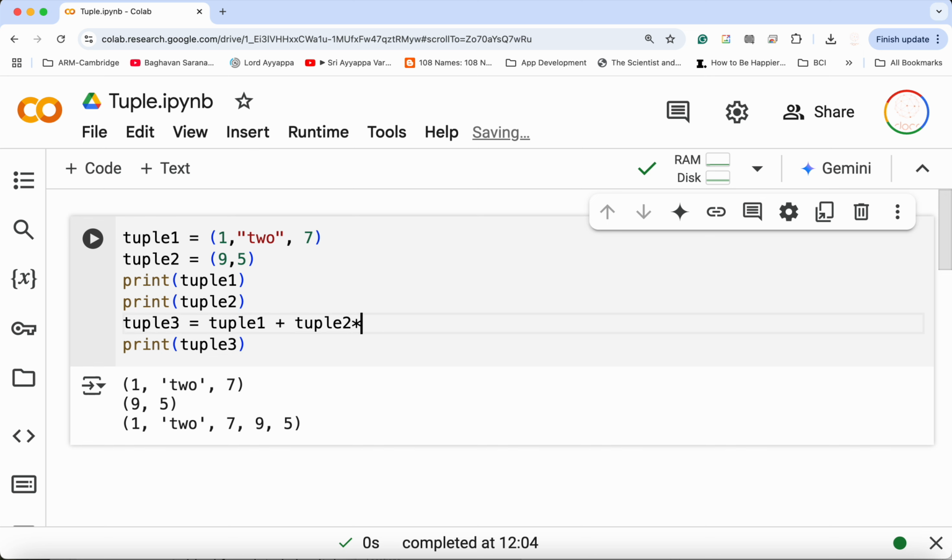I can also multiply, for example, tuple2 times 2. So that means 2 times tuple2 will be added to tuple1 before it is assigned to tuple3. Now, the only thing is you are not allowed to